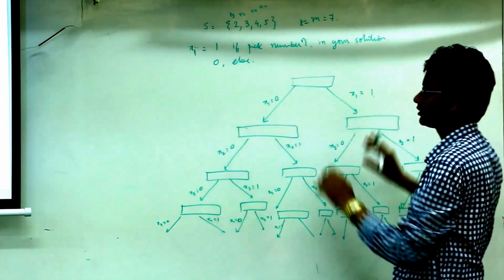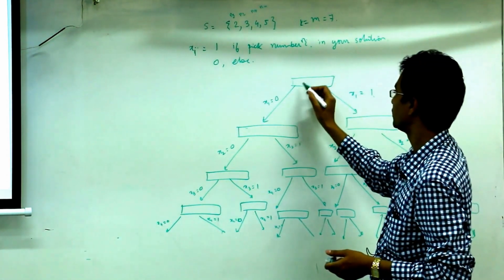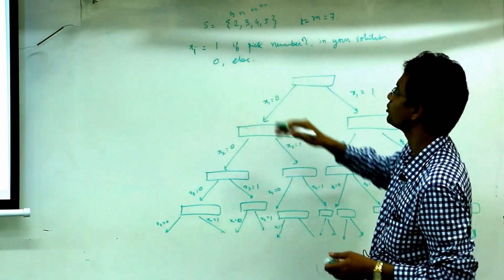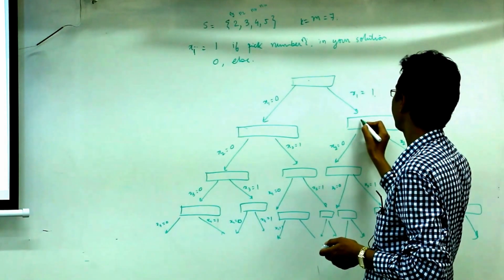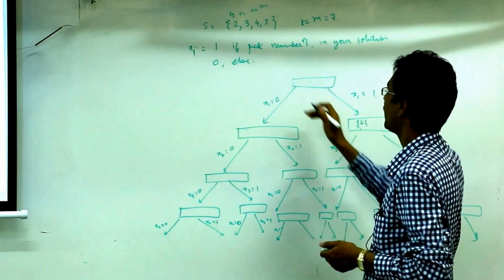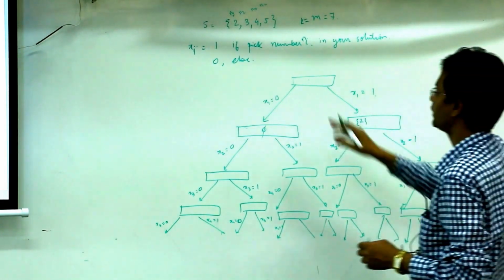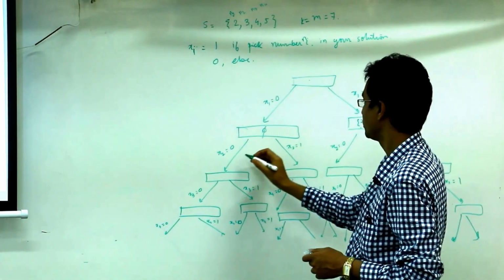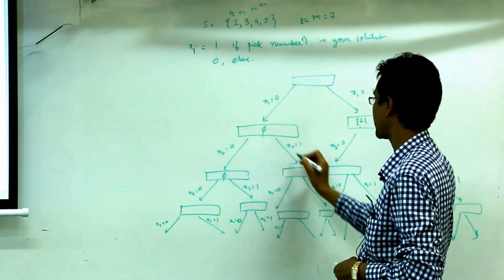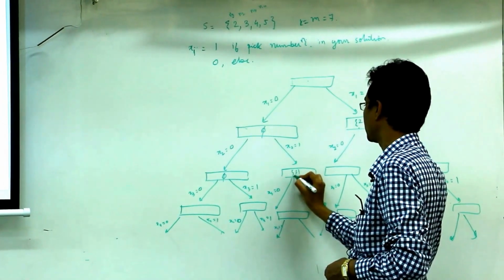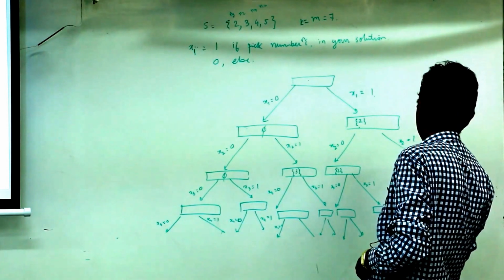And we try to create this recursion tree. Initially you have this node. If you pick x1 in your solution, then the solution is 2, you already have picked 2, and if you have not picked it, then it's 5. You have not picked any number. Then if you pick n2, which will be 5 here, you have not picked either x1 or x2, and if you pick x2 here, then the solution is 3. So here it will be 2, here it will be 3.